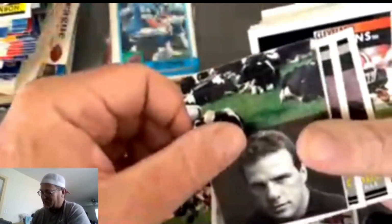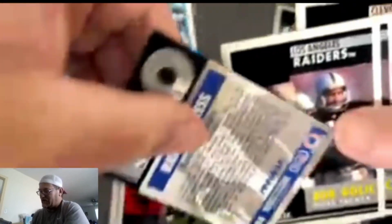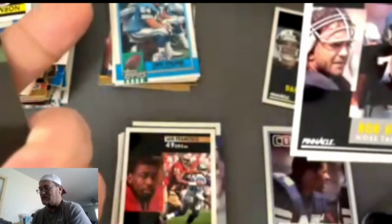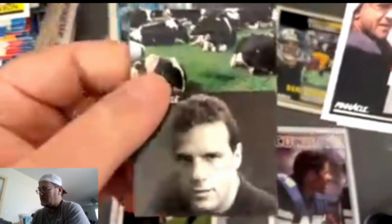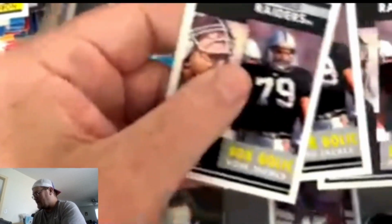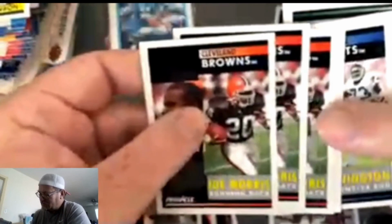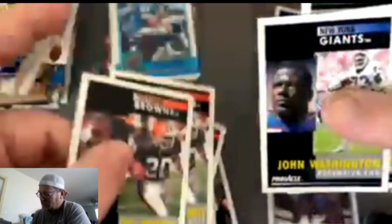Reggie White, Charles Haley. That's a pretty cool looking card right there. Ray Childress, Pro Sideline. Kind of neat. Bob Gollick, about three of them. Jim Morris, or Joe Morris. Some John Washingtons. I wonder if this person just collected players or if they...